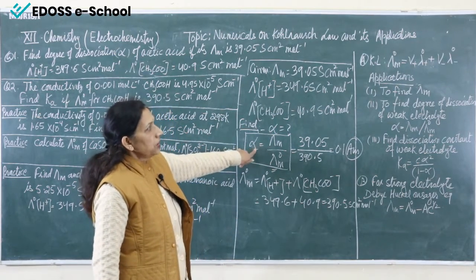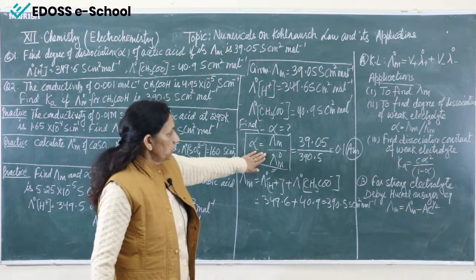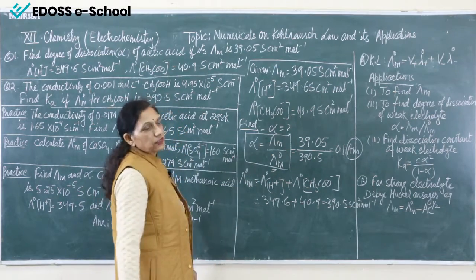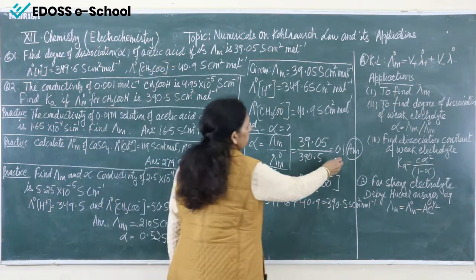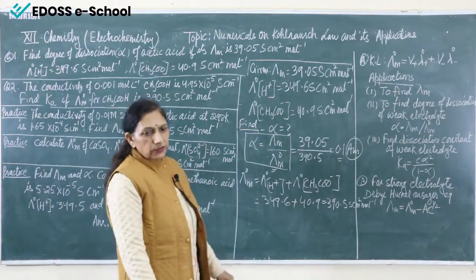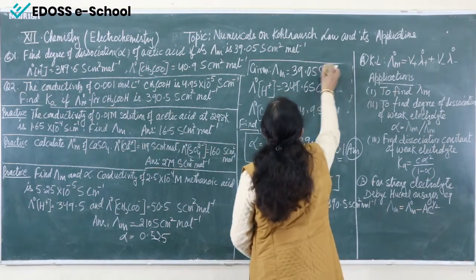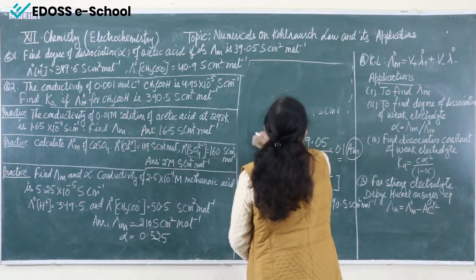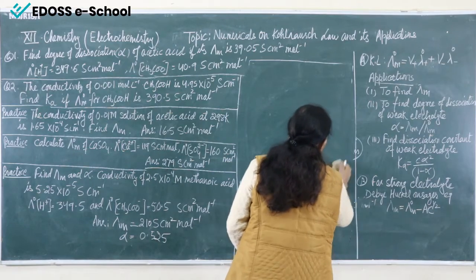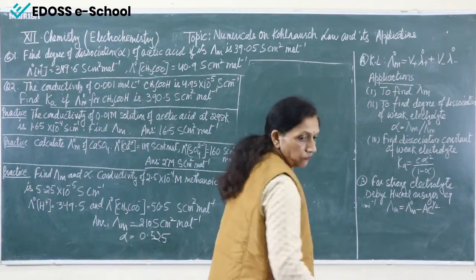Now, there won't be any unit. For degree of dissociation there is no unit, because this is molar conductivity and this is also molar conductivity. This is limiting and this is molar conductivity. So, all the units will be cancelled and this is the ratio. So, there will be no unit, and in this way we can find the answer. Okay, so this was our first question. Now, coming to the second question. You can do the questions only if you are able to understand the formulas. Formulas are very important. So, first of all we have to concentrate on the formulas.